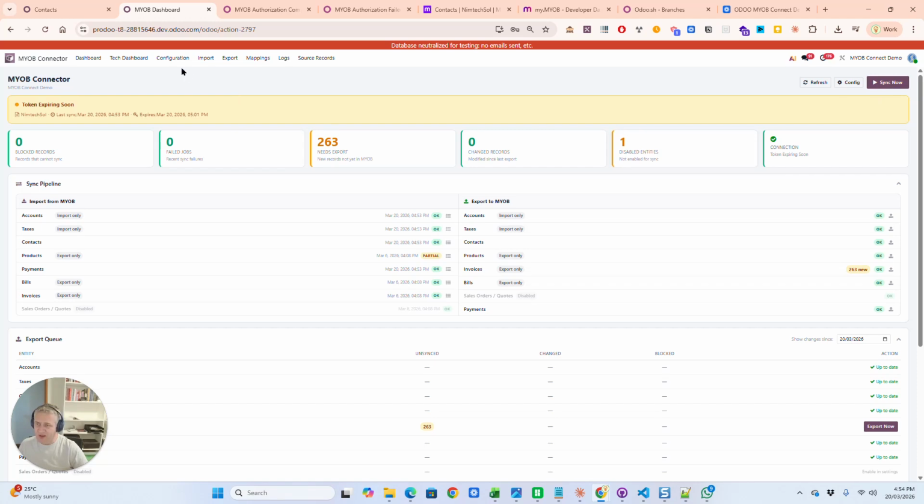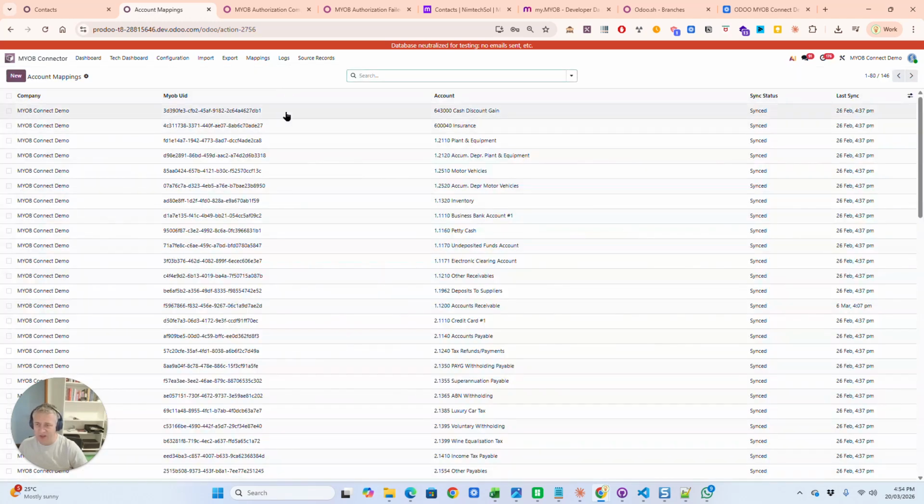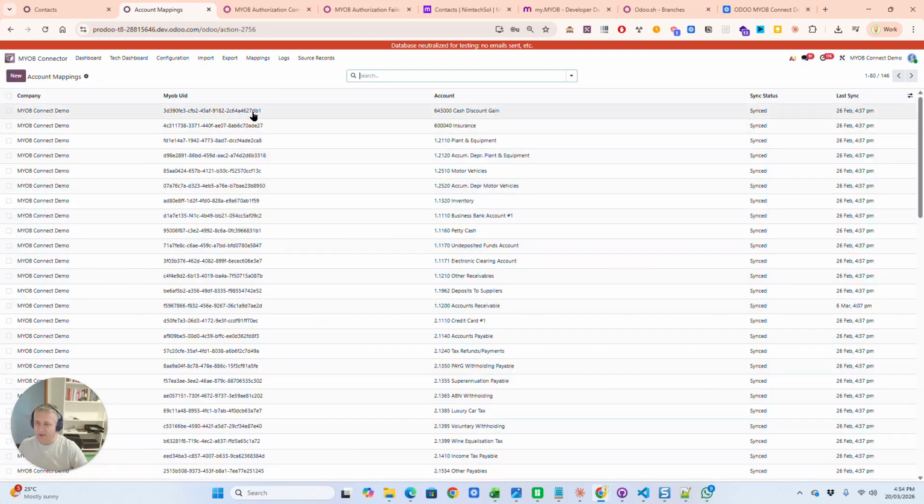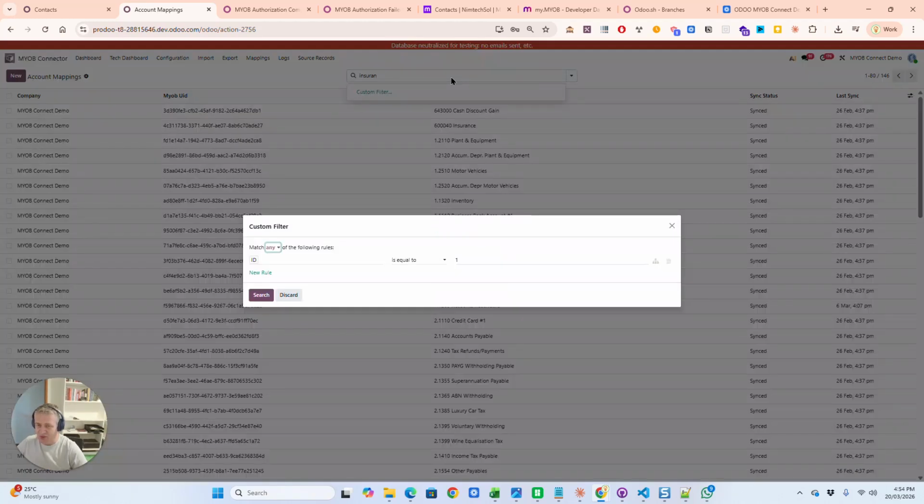There are a few other things in here as well, like the mapping, which is not too important, but if you wanted to map the same Odoo account, let's say insurance, to a particular account in MyOp, you will be able to do so by specifying the MyOp UID. So if you wanted to, for example, let's just say insurance, I think I only have one insurance, so that's okay.